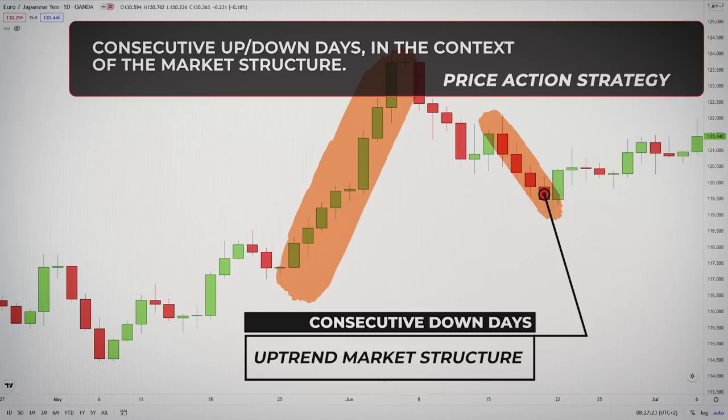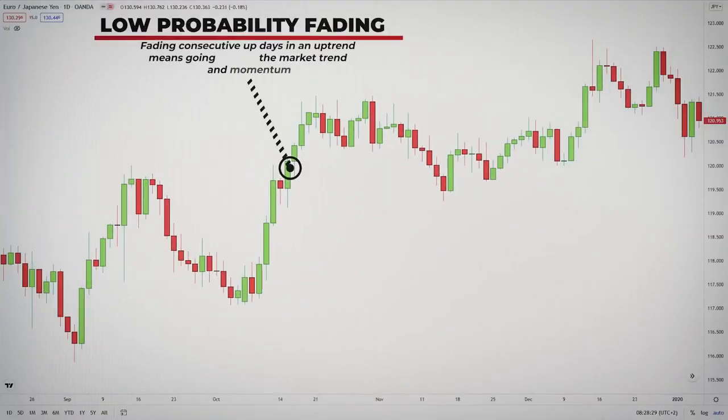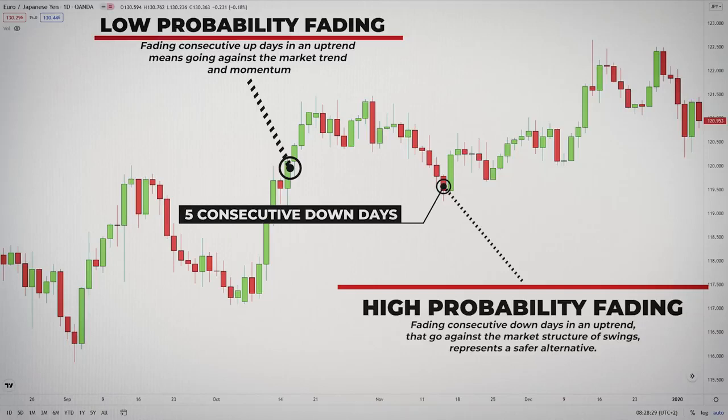But we'll focus on the market context of such consecutive up or down days. Fading consecutive up or down days often means going against the market trend and momentum. It is a somewhat dangerous strategy, but it doesn't have to be. In our low-risk variation, we'll focus on fading consecutive up or down days that go against the market structure of